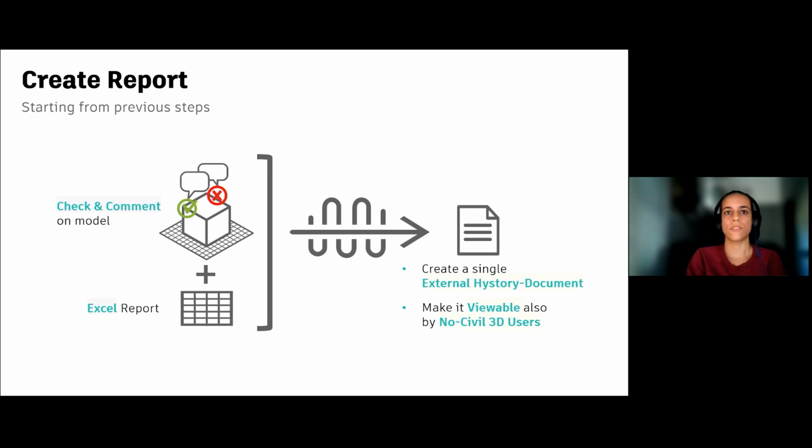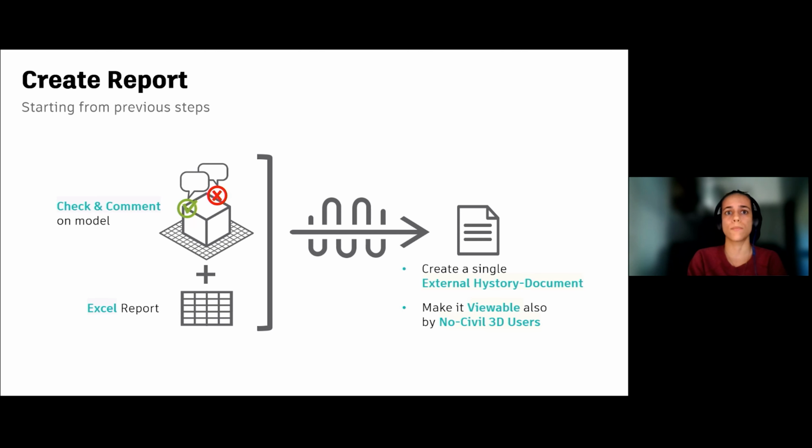After all these steps of importing the model and checking the project, we would like to create a single file where we can have both a summary table of the check and the graphical part of the checking results, so the spheres in green or red, or the paths in green or red for the profiles.